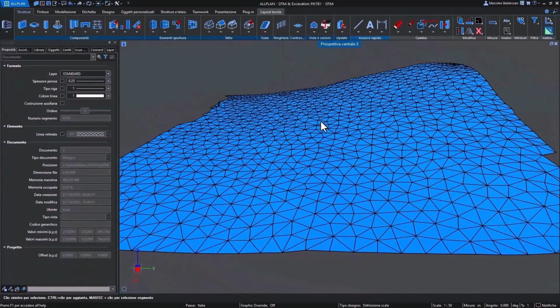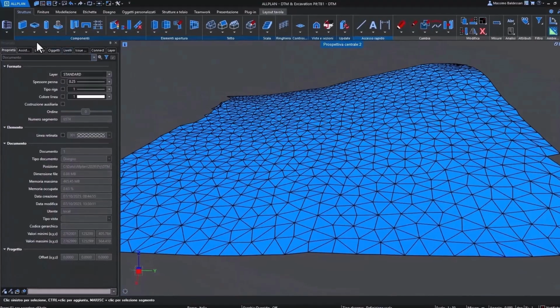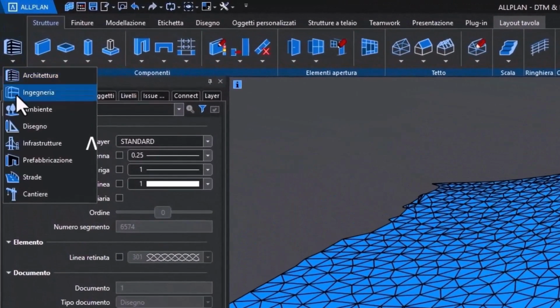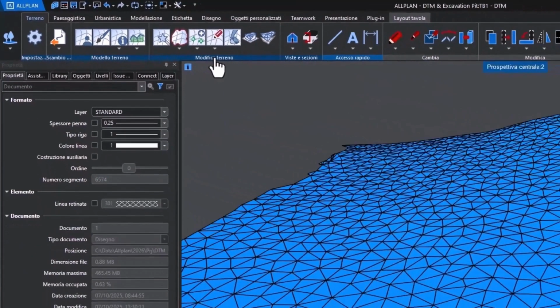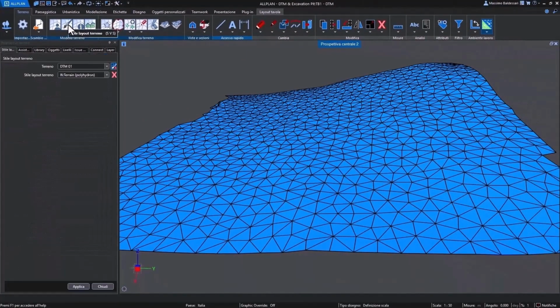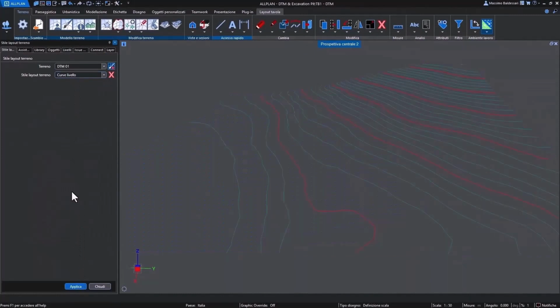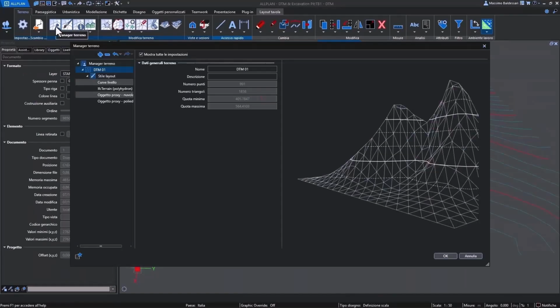Here we are inside Allplan, where I have already defined the surface of my terrain. All of this was made possible thanks to the features available within the environment role. So with this terrain, I can carry out a whole series of evaluations in terms of representation, for example, by